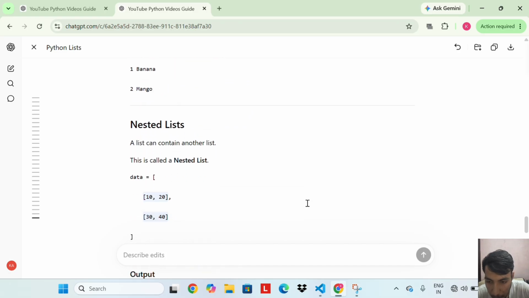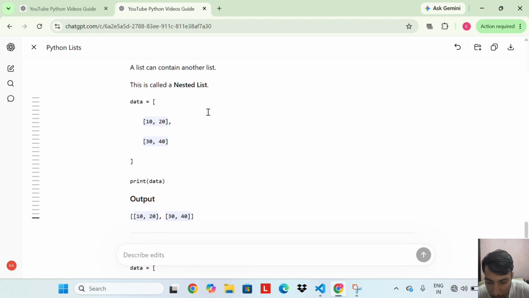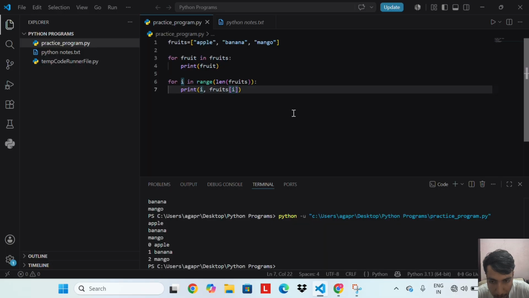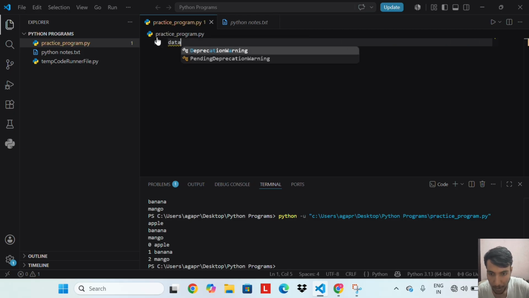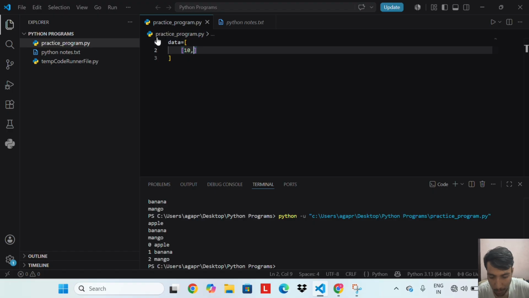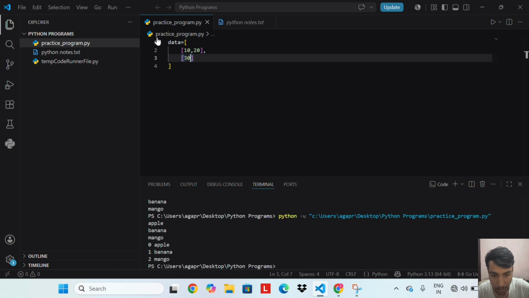Using index with list completed. Nested list. A list can contain another list. This is called a nested list. So let's do an example of nested list. Data equal to 10, 20, 30, 40.